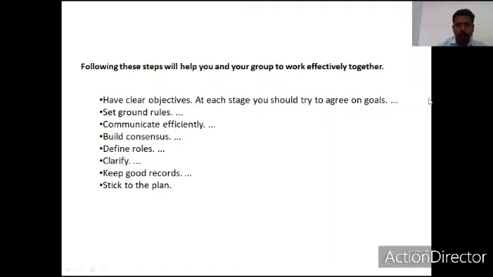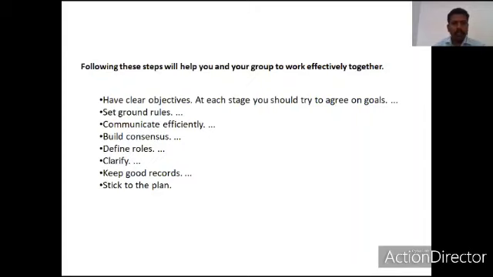The next step is to set the ground rules in order to make the activities more effective and efficient. Some procedures or rules and regulations are required. Then only can everybody work efficiently towards the attainment of the goal within the framework of the ground rules which are set to achieve the group goals.